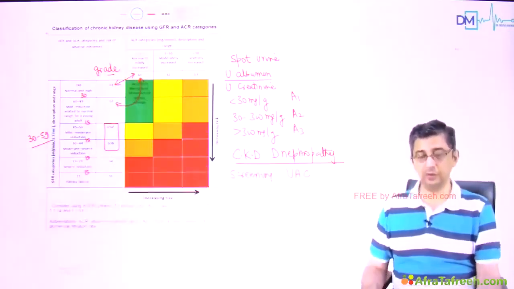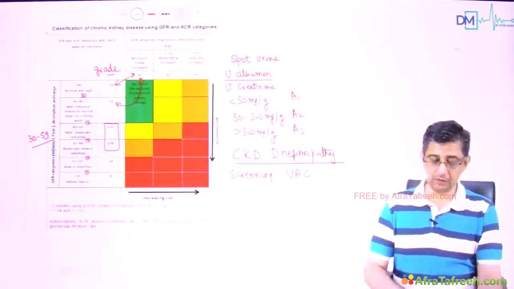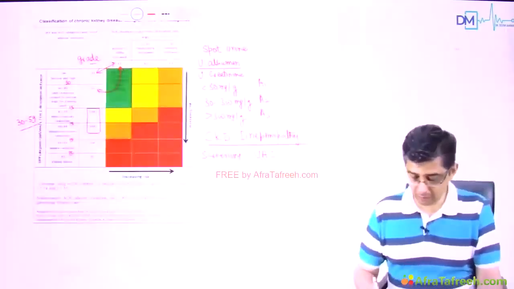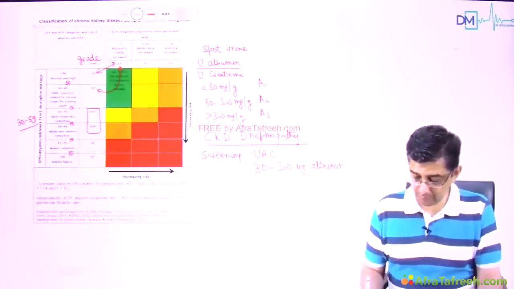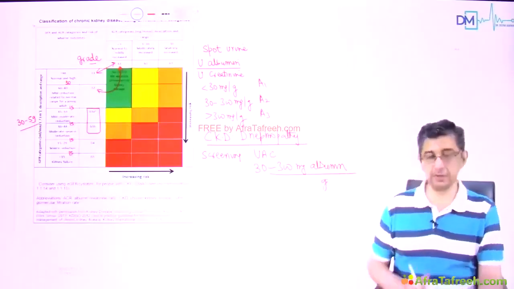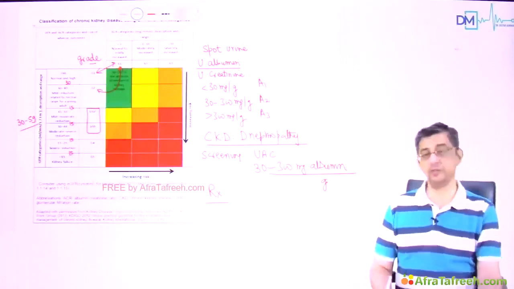But the basic point is that the screening test is UAC. If you demonstrate the presence of albuminuria, which is in the range of 30 to 300 milligram of albumin per gram of creatinine, it means that the patient's kidneys are already damaged. And because the kidneys are damaged, when you tell the patient, he might laugh at you and say, sir, you